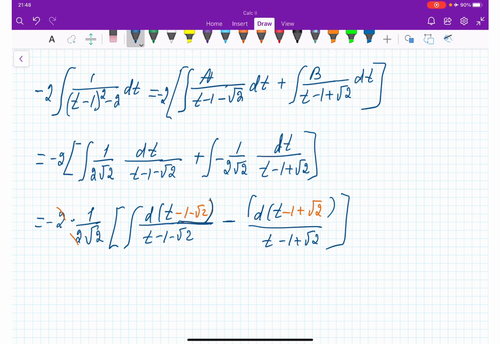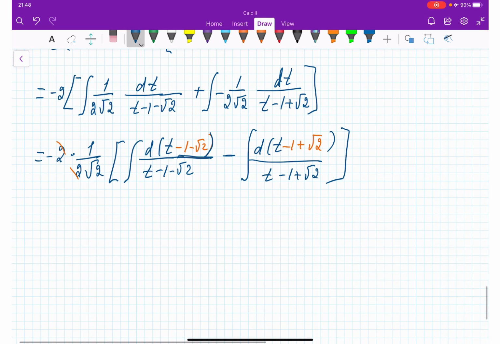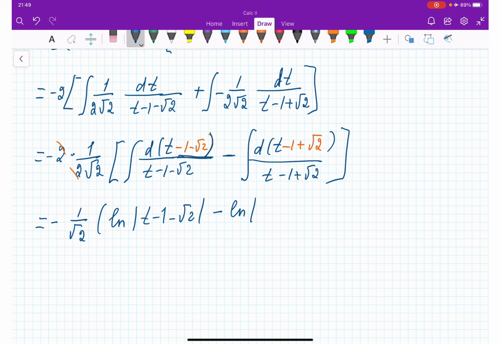Okay? And as a result, we are going to get negative 1 over square root of 2 natural logarithm, right? t minus 1 minus square root of 2 minus natural logarithm t minus 1 plus square root of 2,